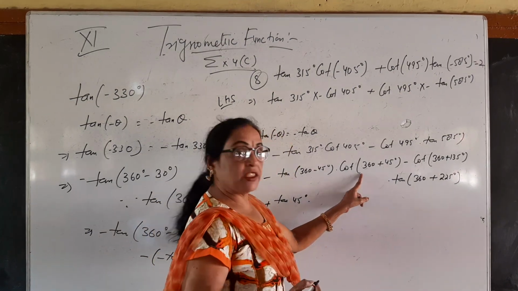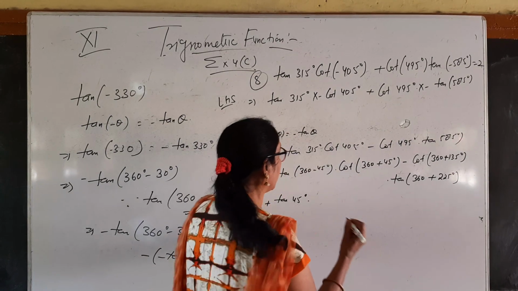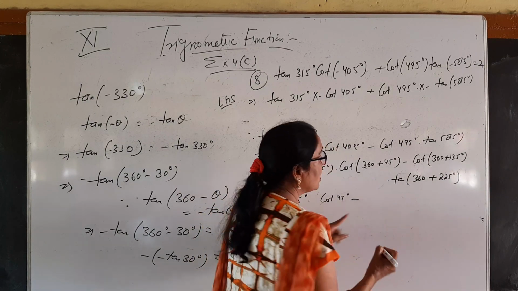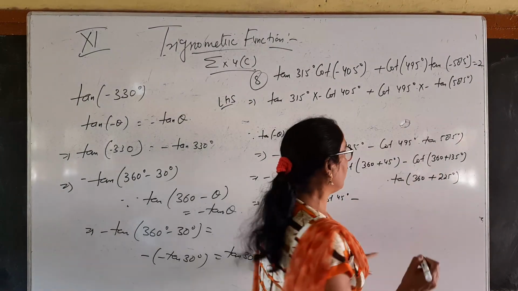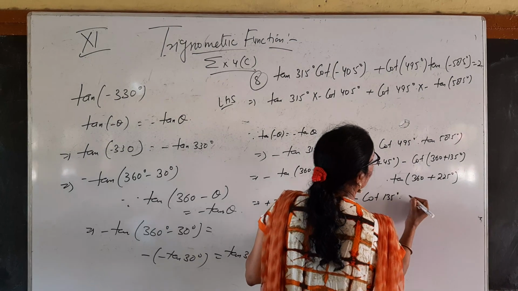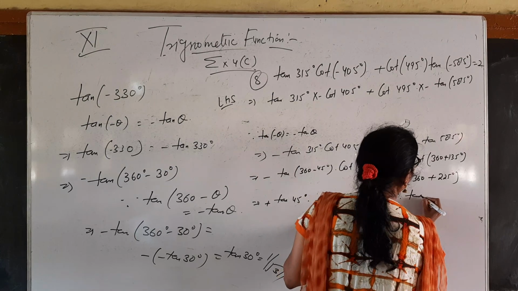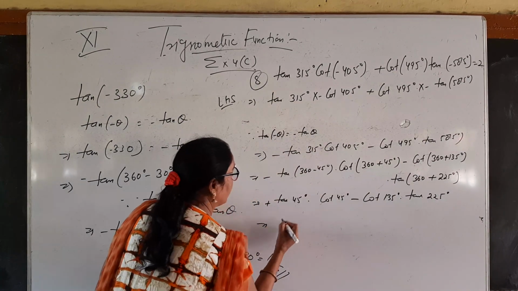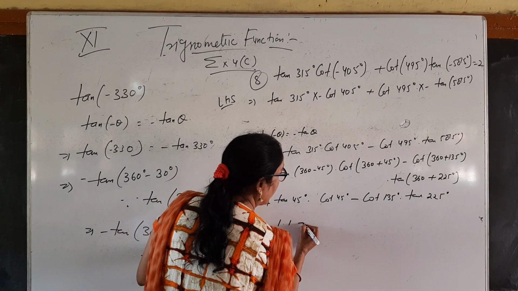Cot 360 plus theta will be cot theta, so here you will get cot 45 degree minus cot 135 degree into tan 225 degree. Again we know the value of tan 45 degree is 1, cot 45 degree is 1, minus